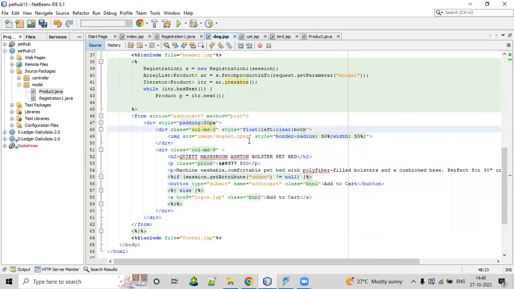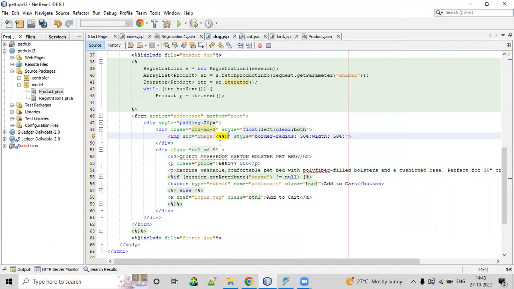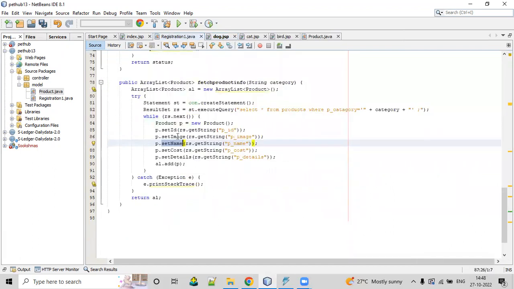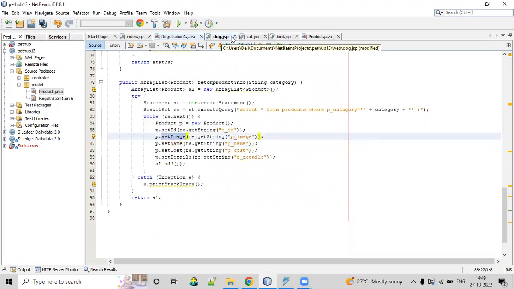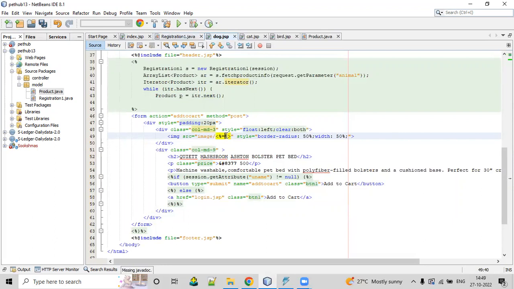So for that, we have to use the expression tag. See, this doggy.jpg is there, right? So we will change it now by using an expression tag. Image, right? What have we set it here? Set image we have set here. So what is the getter method for that image? We have get image, right? Get image, we have to,